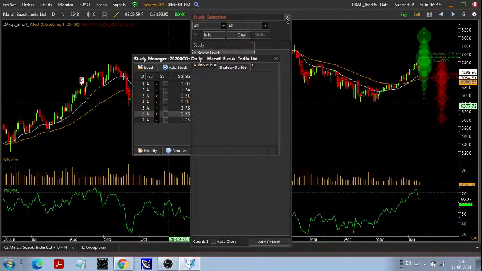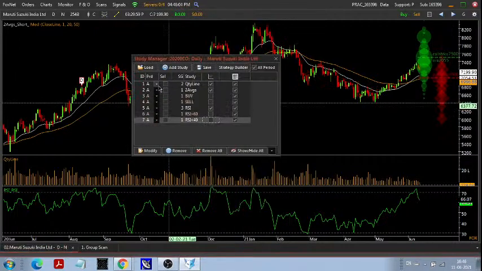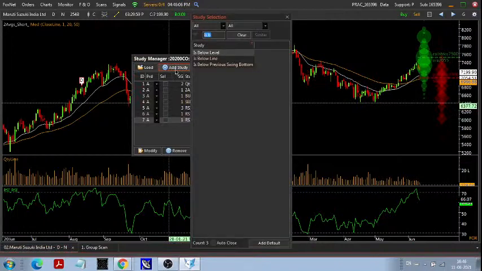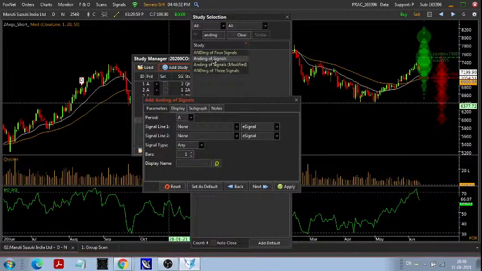Now to merge these two conditions, I will use the function of ending of signals. Ending of 2 signals, 3 signals, 4 signals we are having. It is not like a maximum of 4 signals can be ended. We can end more than 4 also. If we have 5 conditions, then at first we will use ending of 4 signals, and the remaining one will be used by the ending of signal. So we can add as many indicators as we want and merge them as per the conditions. So I'm taking ending of signal right now.